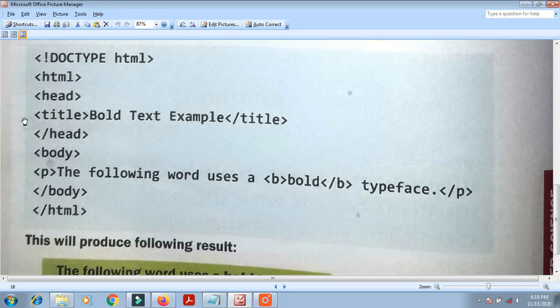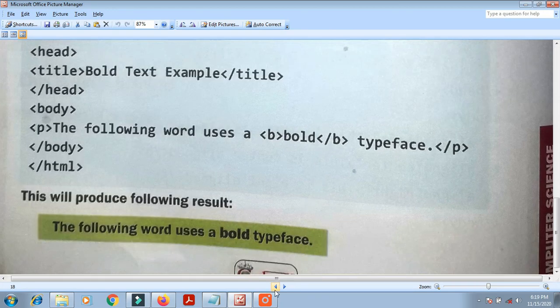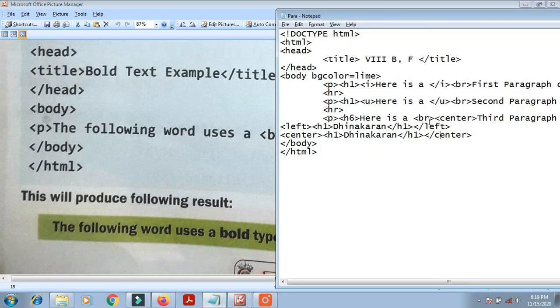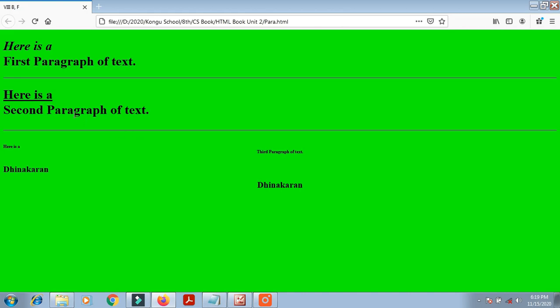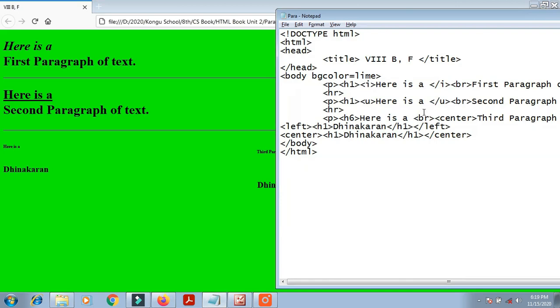Next, see here the title, the bold text. Where is the bold given? Here, B, bold, and closing B. This is called the bold tag. I'm giving it for you now. In the center alignment, not the third word but the second word, which was the biggest letter here, I am going to give A alone a bold. See the B tag, then after that A, slash B. So only the A word I changed to bold.